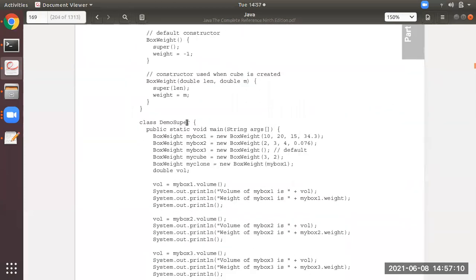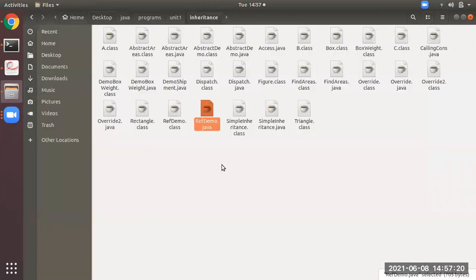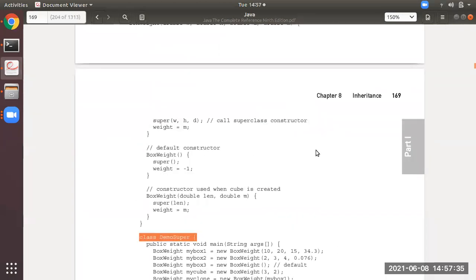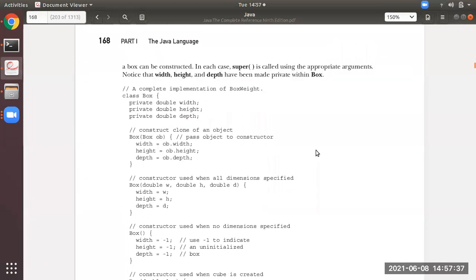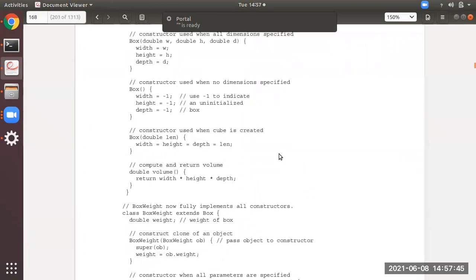Okay, so for that, this is the program DemoSuper, which I've already copied. I will open that program, don't worry. Demo super. Okay, don't mind, no problem. I have not copied it. I will show it from here only. Please try to understand. It's very simple. Students, if you are having doubts, you can ask me afterwards. See, please concentrate well.